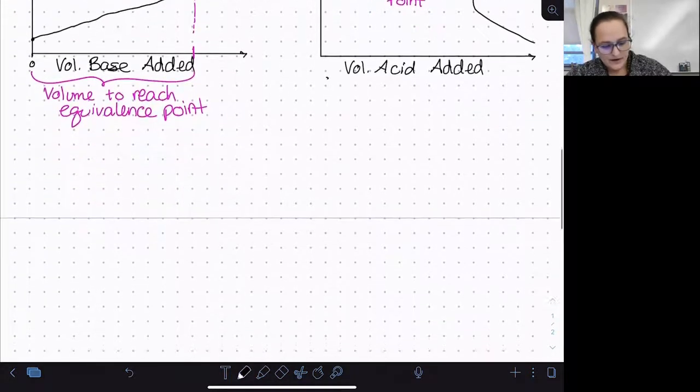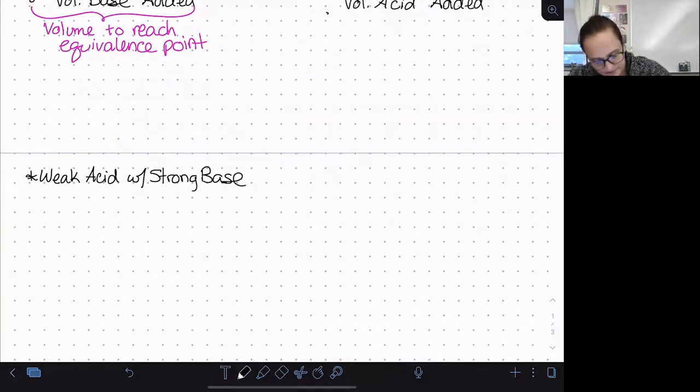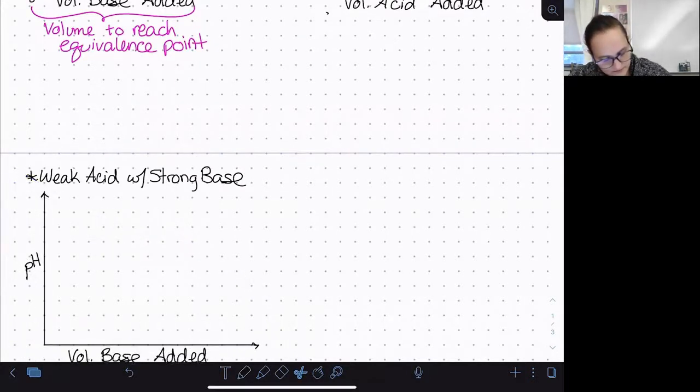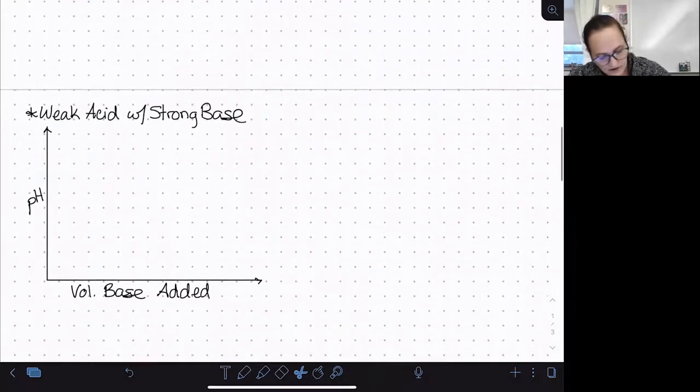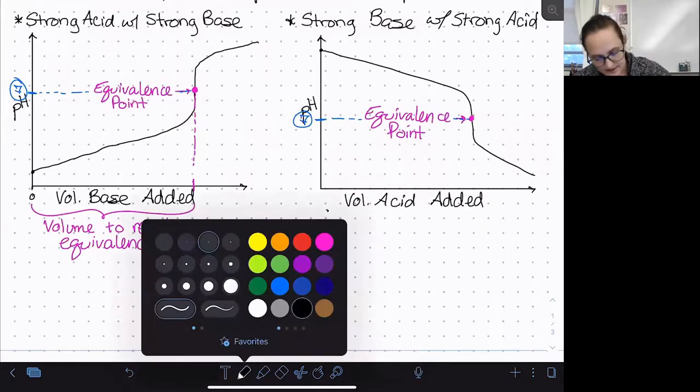So with weak acid or weak base involvement, if we're starting with a weak acid and titrating with a strong base, the shape is going to be similar to the strong acid, strong base, but there's one distinct feature that can help us tell, if we don't know what acid we're titrating, whether it's strong or weak. So in our strong acid, strong base titration,